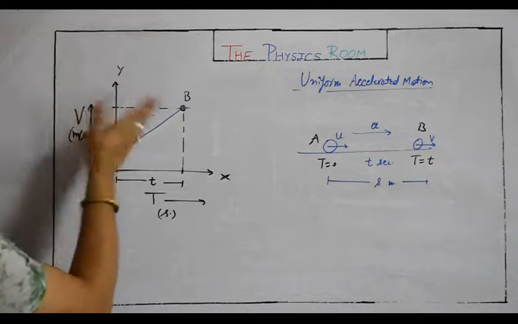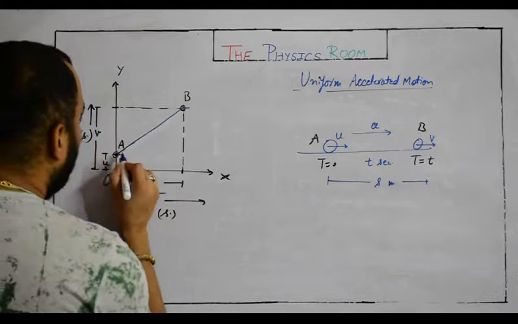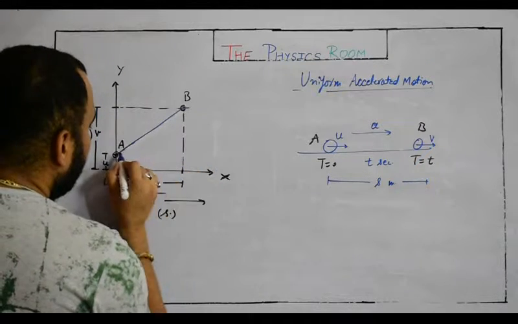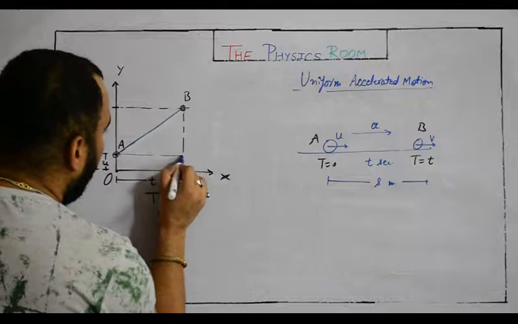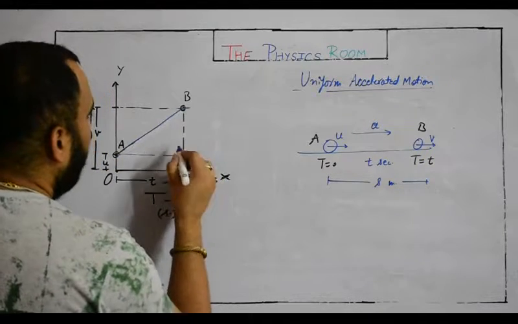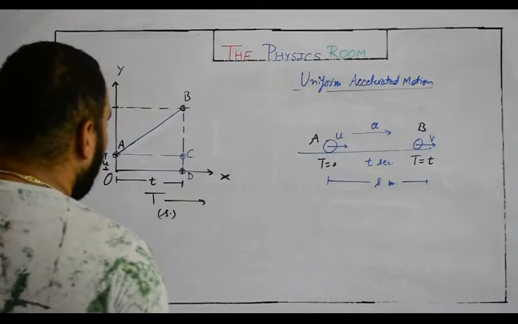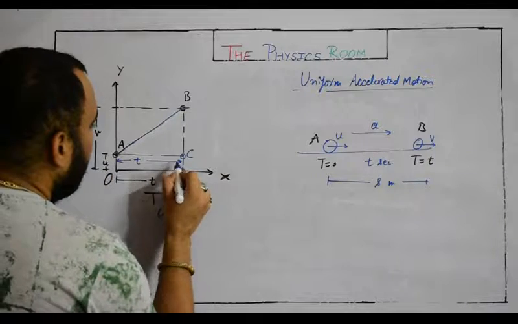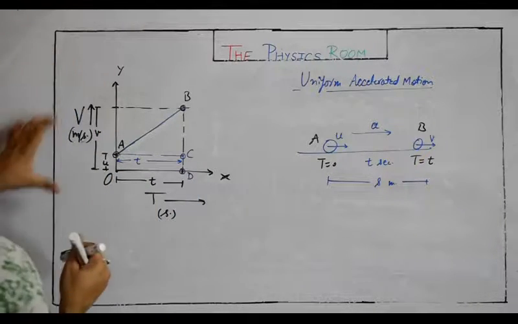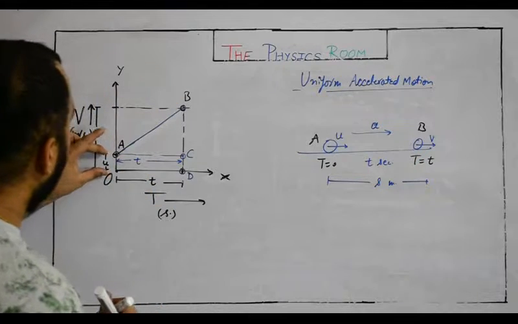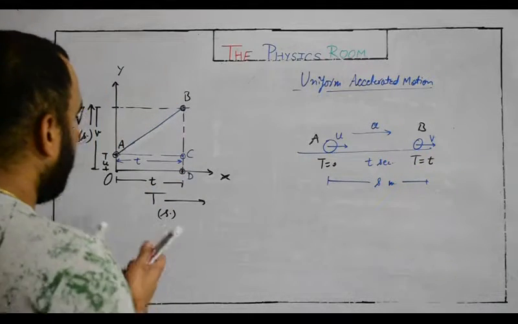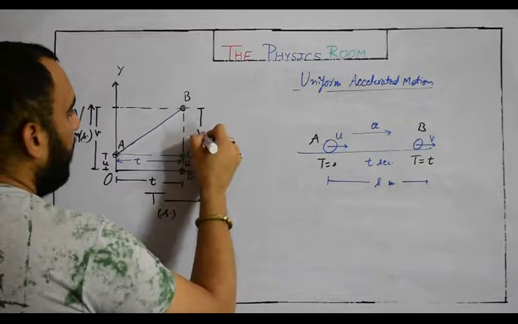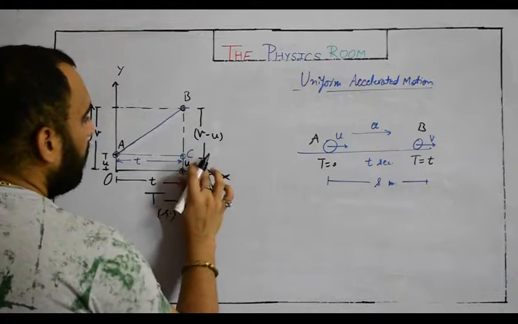So I am going to find its slope, and to find the slope I have to make it a right angle triangle. So I will simply draw a line parallel to the x-axis up to this point. Let's call this point C and this point D. Parallel to OD we have drawn this, and obviously it would be t again. This whole value is v, B to D, and this small value, O to A, is u. So C to D is also u, and the remaining distance would be v minus u.